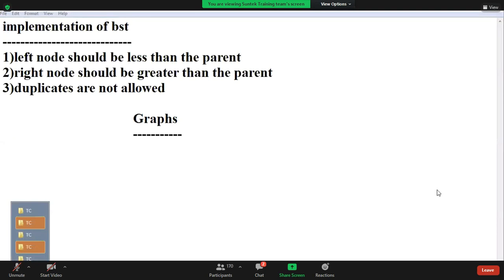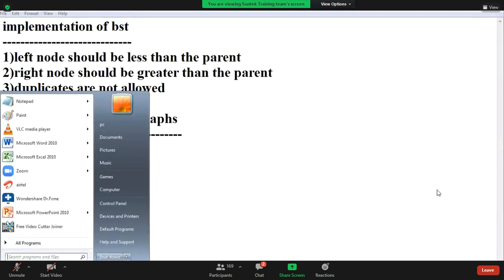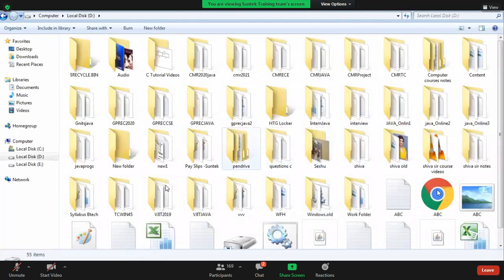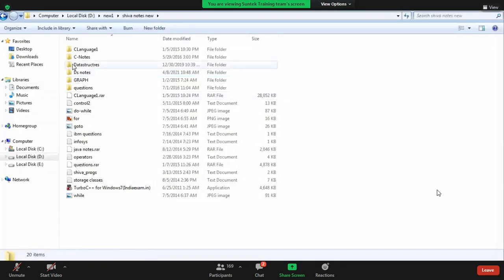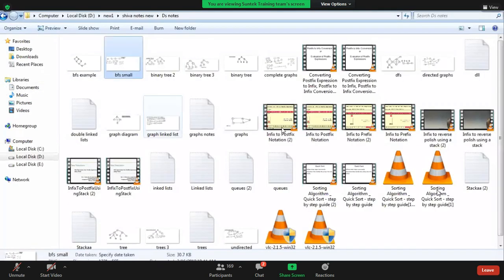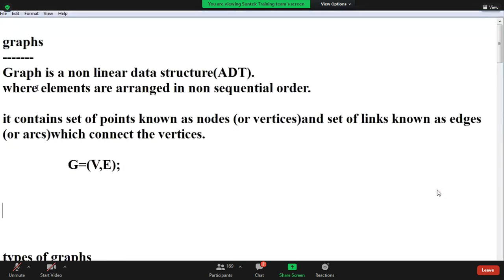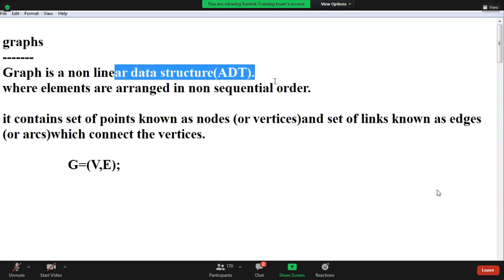Yeah, write some notes about graphs. Graph is a nonlinear data structure. In the next class, we'll finish all the topics, guys.